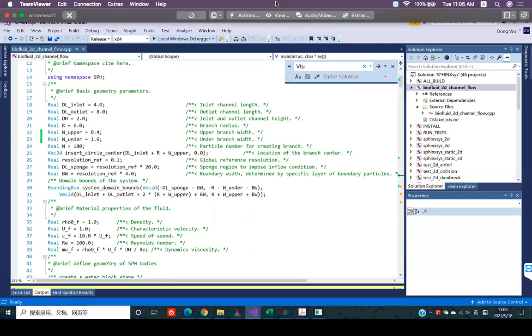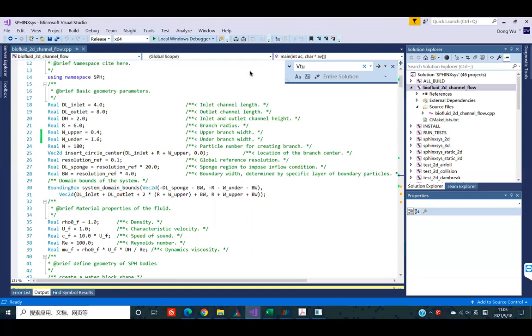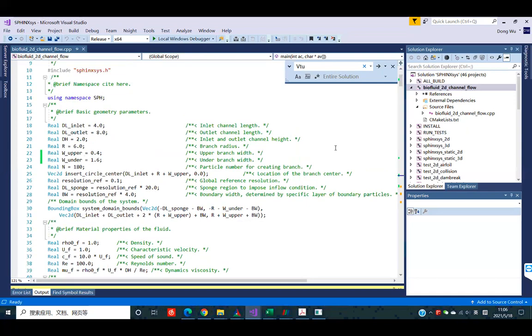Okay, I have a chat. So anyone have any question concerning the code or this example? So if